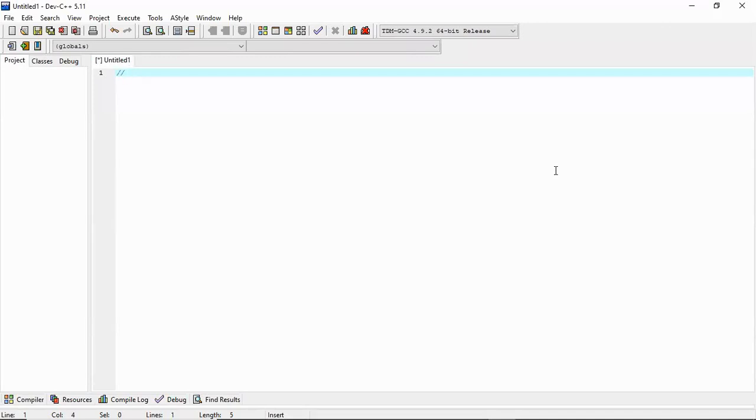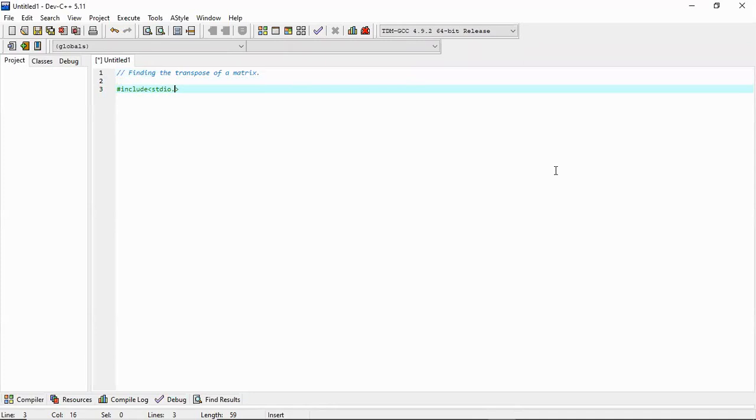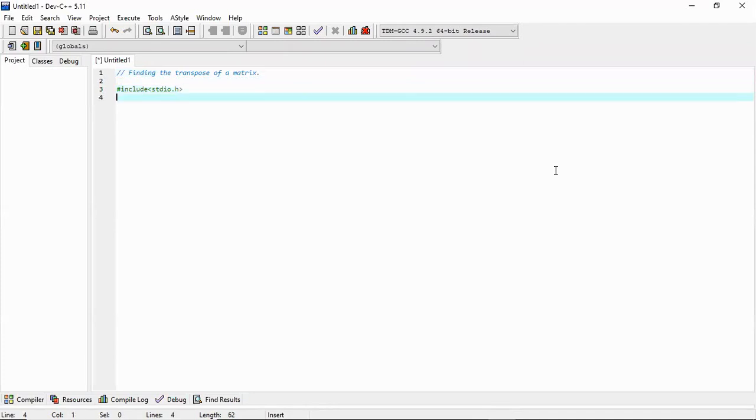The problem at hand is finding the transpose of a matrix. So first of all, let us declare an integer matrix. For example, the name of the matrix is A,